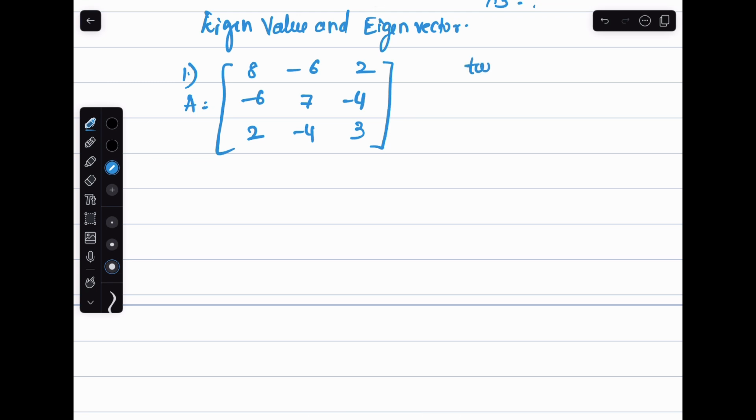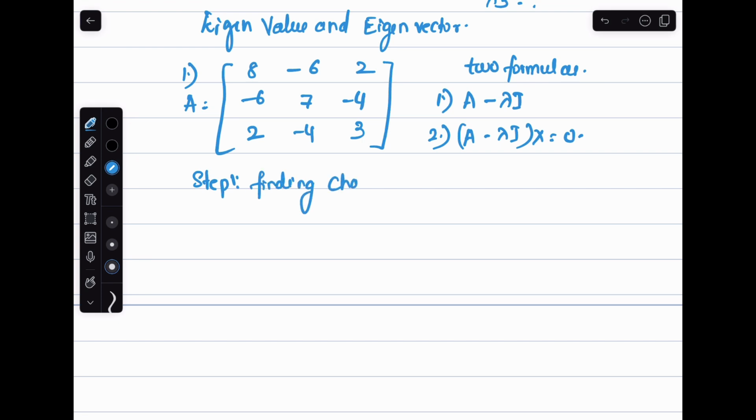What is the first and foremost thing? We have to know that we have to use two formulas here. The first one is A minus lambda I, which is nothing but your characteristic equation, and the second one is A minus lambda I into x is equal to 0 for the eigenvector. So the first is for eigenvalue, the second for the eigenvector. So step one is finding out